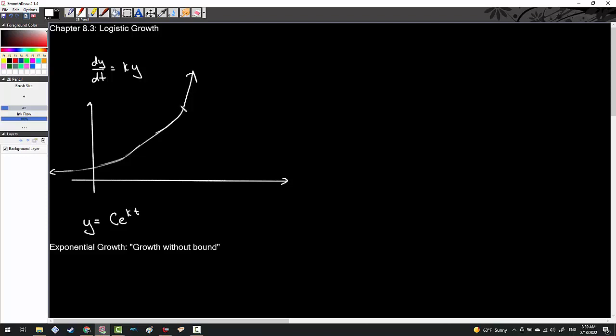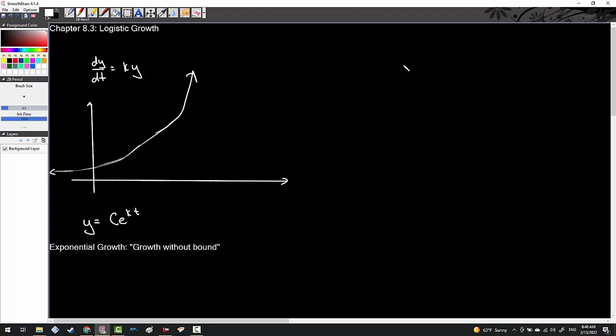However, when you look at population growth as an actual model in the real world, exponential growth is not always the best thing to model said type of growth, because nothing really grows completely without bound. Everything happens to come upon a natural population curve or a population leveler. And so in order to understand how that works, in the 1800s, a French mathematician called Pierre-François Verhulst formulated